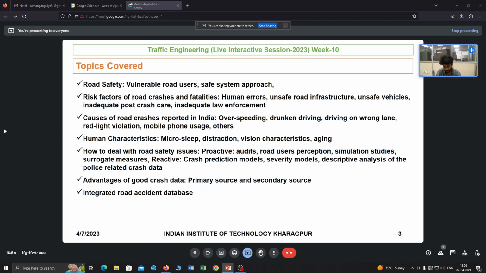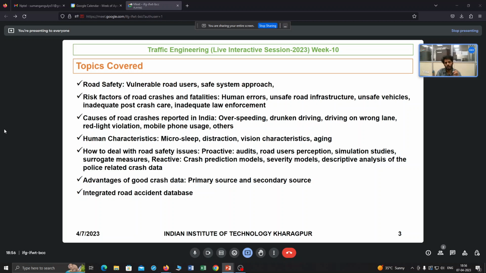What are the actually possible reasons for road crashes in India? So one of the topmost causes that has been found based on this study is overspeeding. Even MORTH, the Ministry of Road Transport and Highways of the Government of India, as well as IRC, have recognized that overspeeding is one of the top contributing factors leading to road crashes in India.